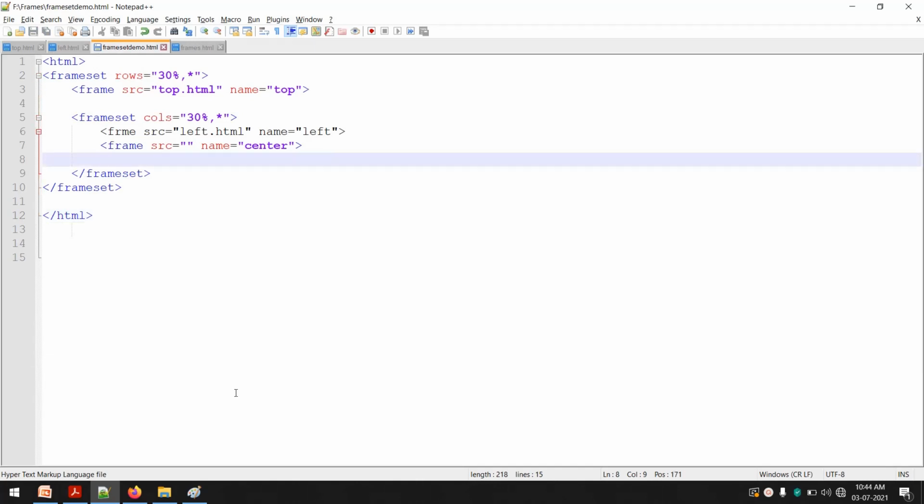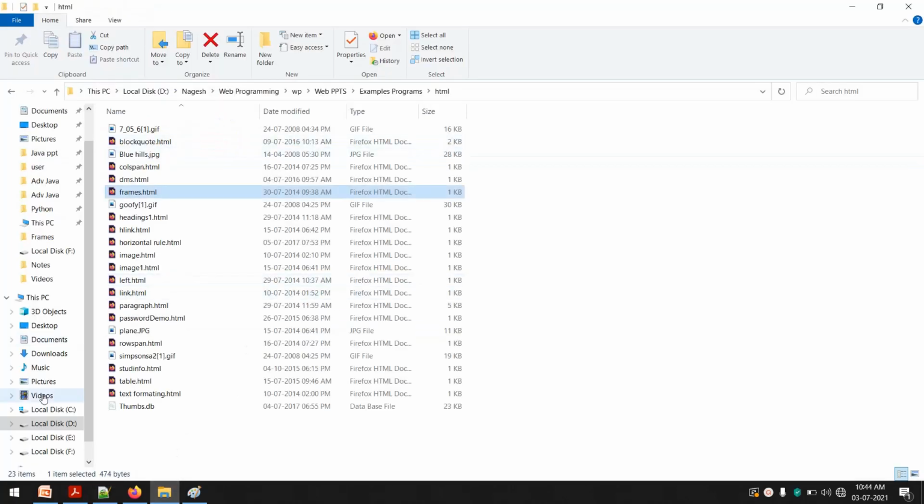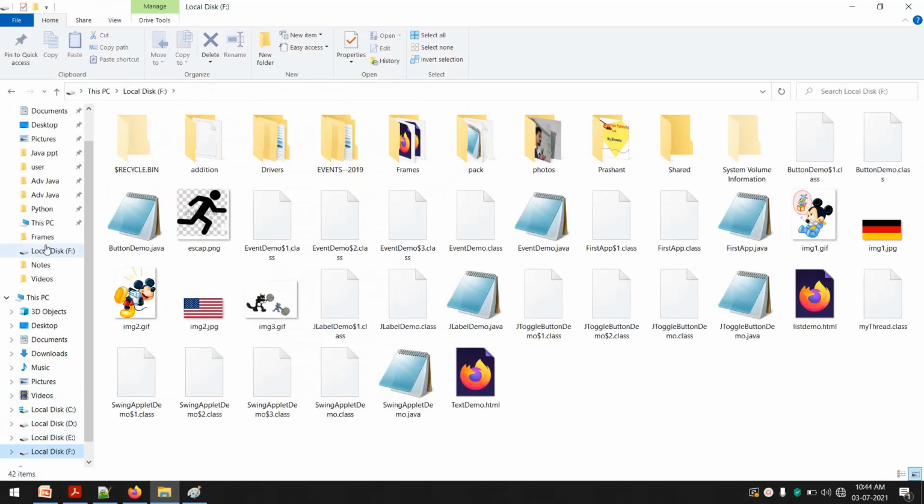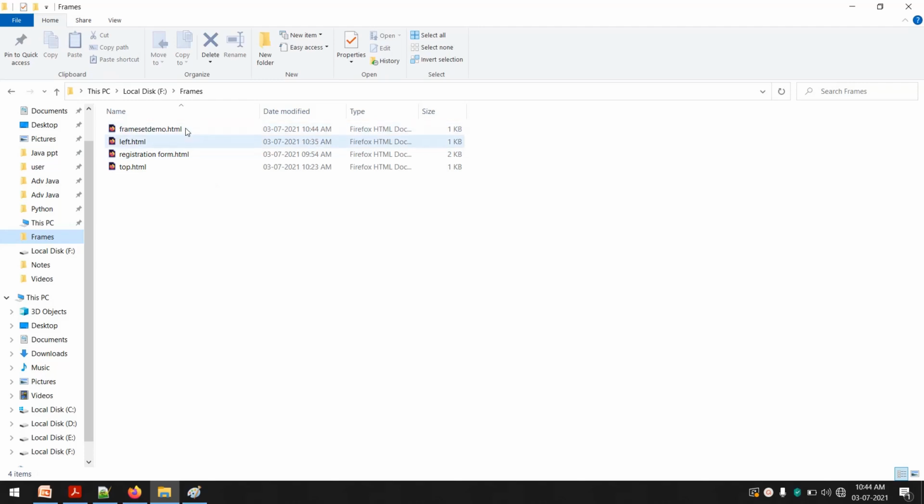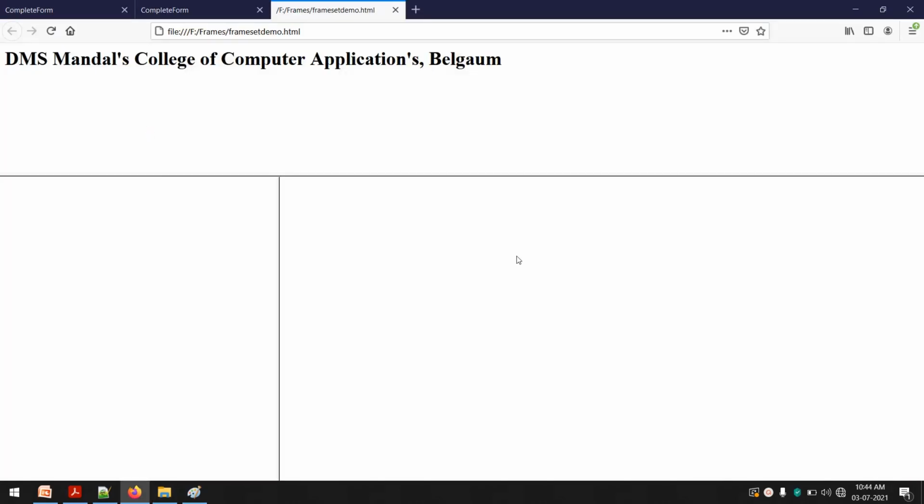Okay, now we have created our frameset. Now it is time to execute. I'll open the folder and this is our document. I'll just double click. Now you can see here we have three sections now, the first row, second row and the third row. The first row, yes, it has the title file, okay, but in the left section we cannot see a file here, so there is some problem with it. We will just verify it.